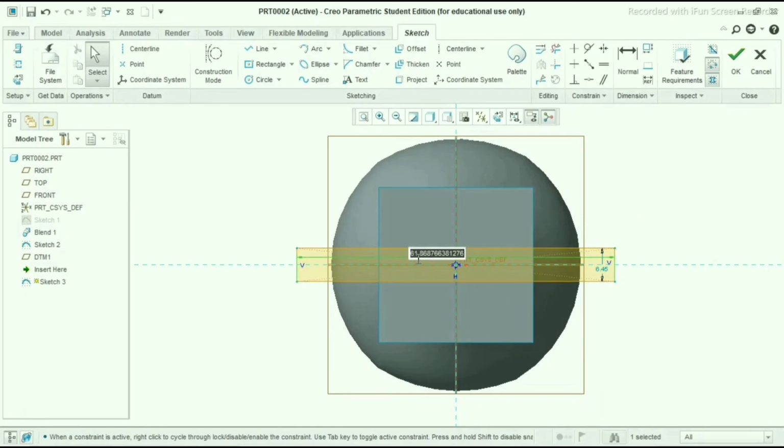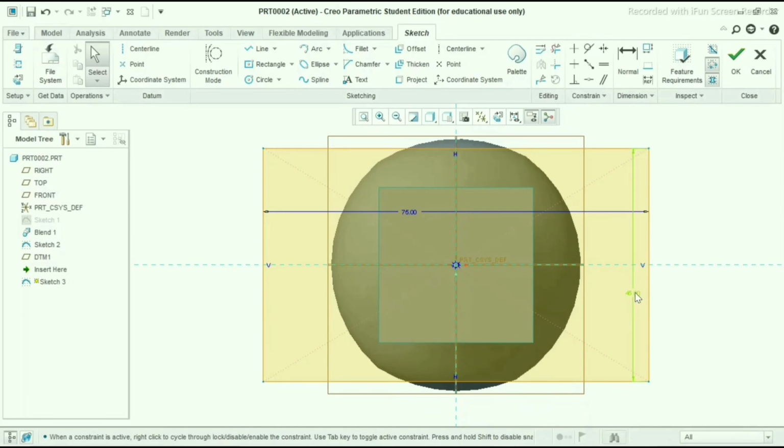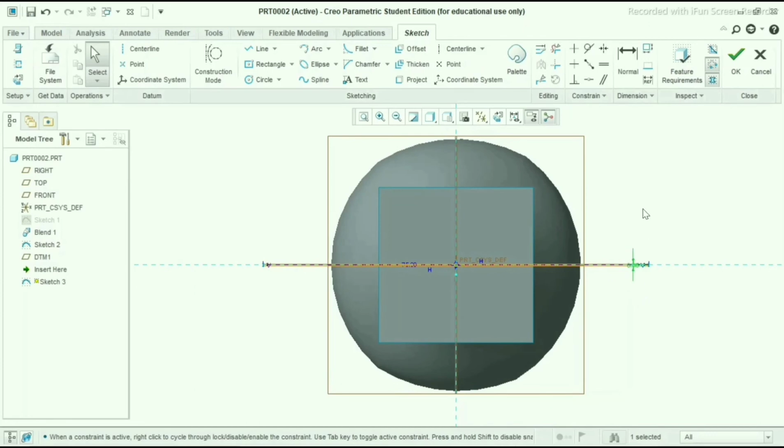Now length will be 75 mm and width will be 0.45 mm. It will make it very small. I hope you saw it. And simply click OK on your right side.